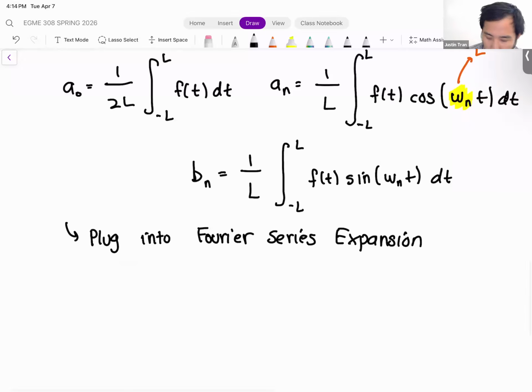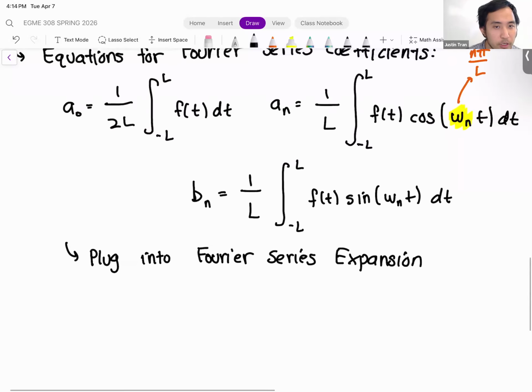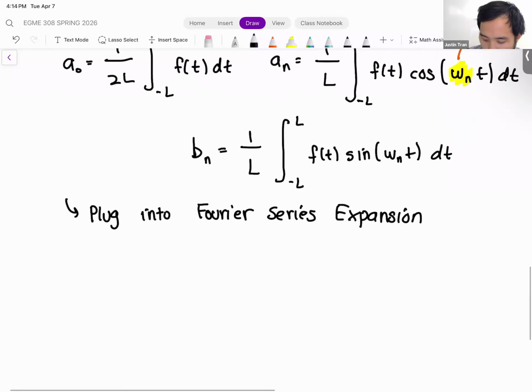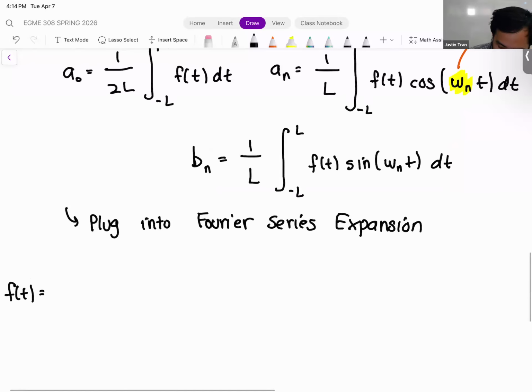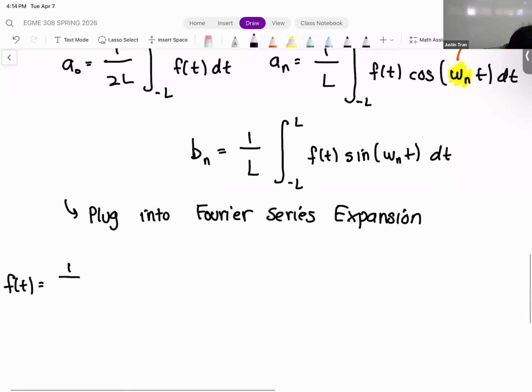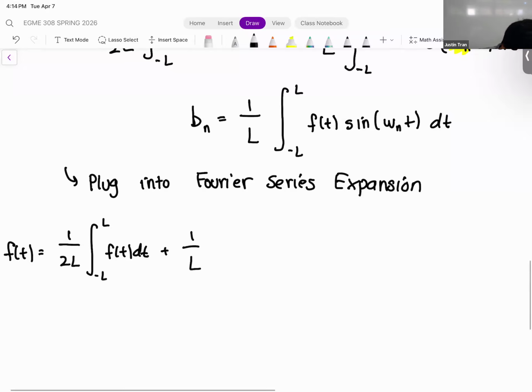Okay, so this is going to be a little bit long, so just bear with me as we're plugging into an expansion that's already long, and our expressions for the coefficients are also long. So remember, our Fourier series expansion f of t is equal to, first thing we have is a naught, so let me plug in for that. That's going to be 1 divided by 2L integral from minus L to L f of t dt, plus, since both An and Bn have this 1 over L, I'm going to factor it out of the summation. So we're going to have a plus 1 over L